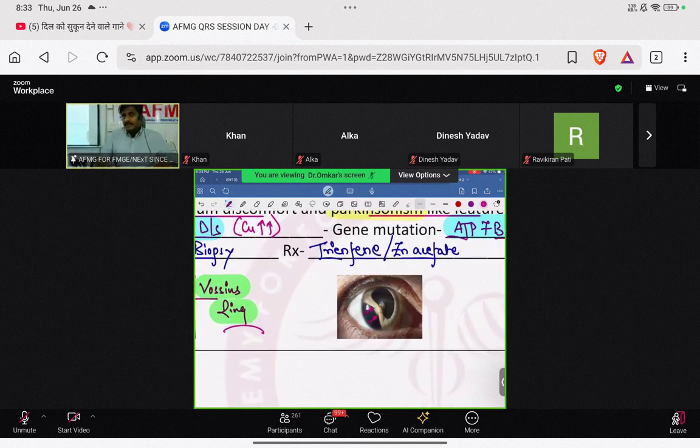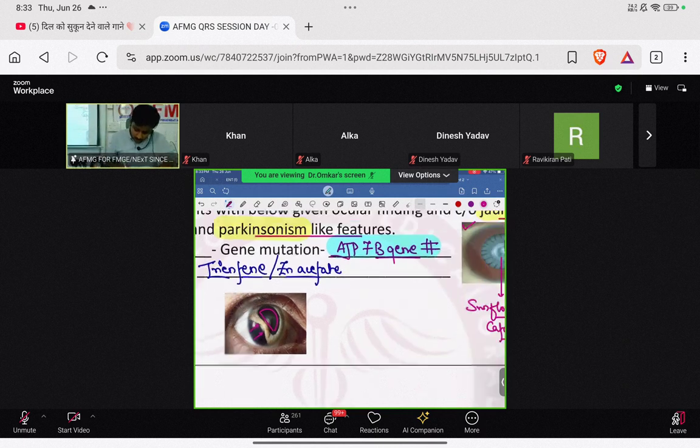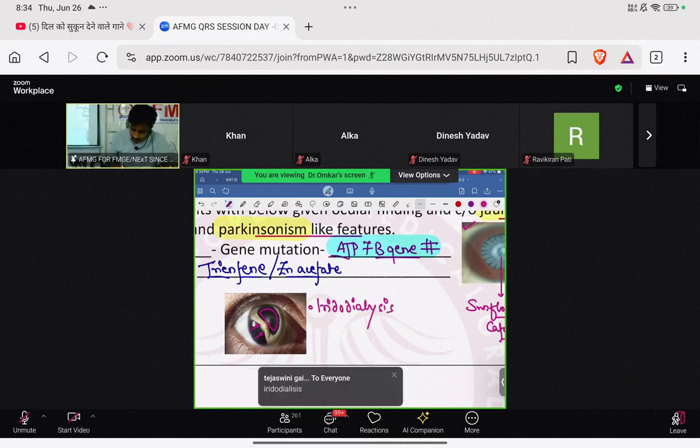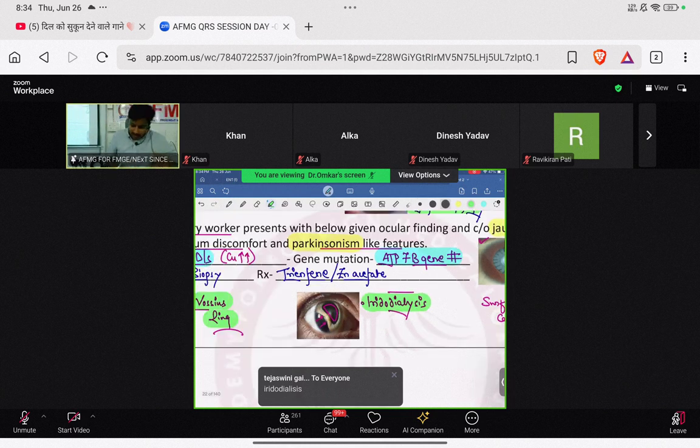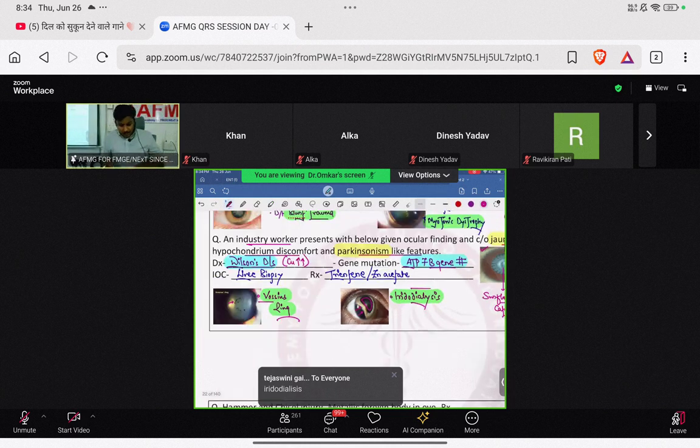The base of the iris is getting separated. When the iris gets separated from its base, the pupil shape is not circular. We know the opening in the iris is called the pupil. Normally it is circular, but here it becomes D-shaped. A D-shaped pupil due to blunt trauma is seen in iridodialysis. This is a classical case of iridodialysis, which occurs due to blunt trauma leading to a D-shaped pupil, and it can lead to diplopia in the patient.